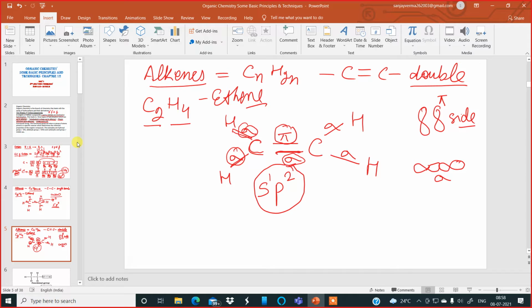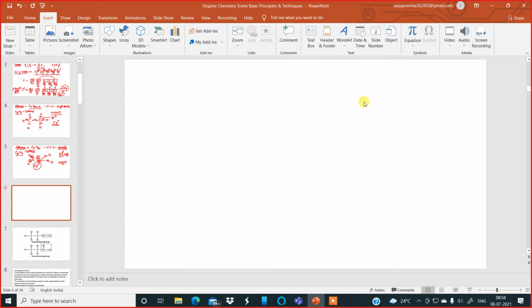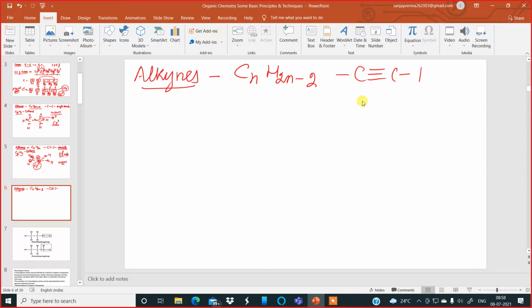Okay. The next type of hybridization which I will explain to you is in the case of alkynes. Alkynes, if you remember the general formula of alkynes, it is CnH2n-2, and alkynes have a carbon-carbon triple bond. Now, since alkynes have a carbon-carbon triple bond, I will take an example of an alkyne. I will put 2 carbon atoms, C2H, 2 times 2 minus 2 is 2. So I will get ethyne.